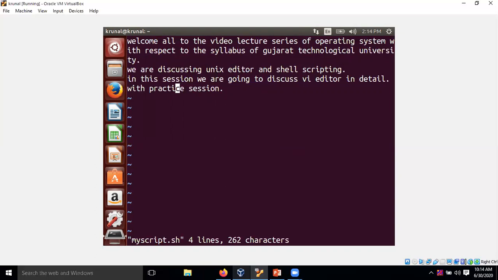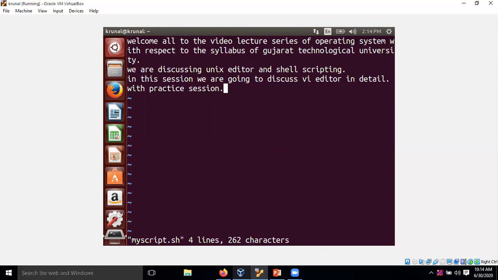Right now I am in command mode, so if I want to add some text, I definitely need to reach insert mode. As I told you earlier, by pressing I you can reach insert mode.